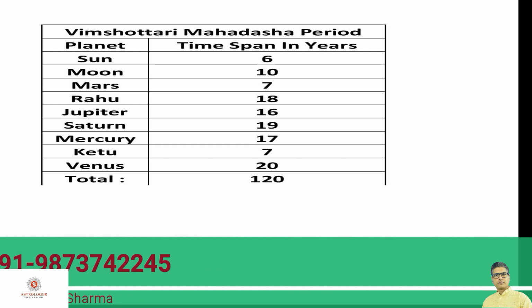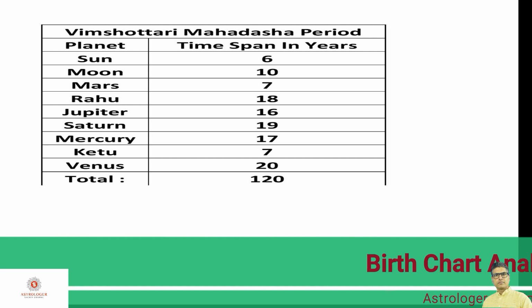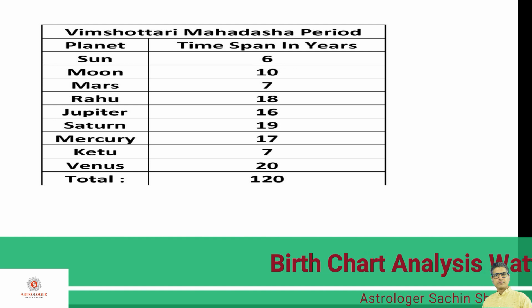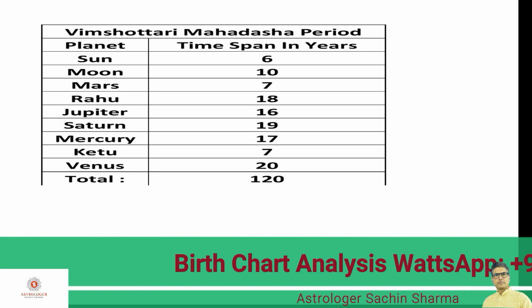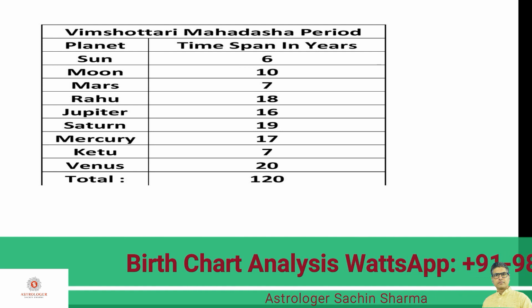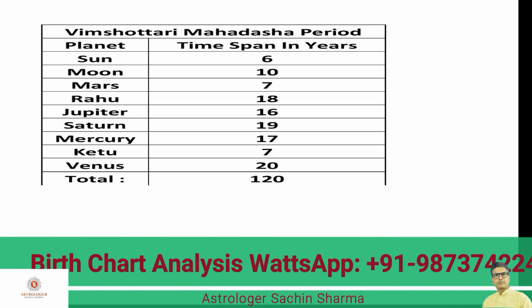When the sages prepared these Vedic astrological methods and did their calculations thousands of years back, they calculated that during the Kali Yuga period, which is going on now, the life of a human being will be a maximum of 120 years. So the total time span of these planets, that means if we add the time periods of all the Mahadashas here, adds up to 120 years. So it is highly unlikely that any person will repeat his or her Mahadasha.